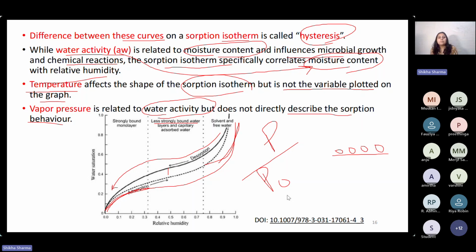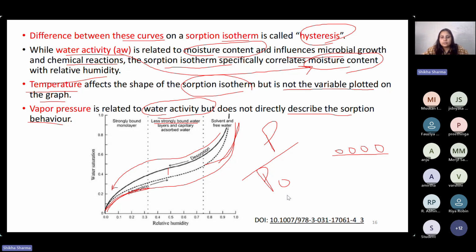Whereas the capillary adsorbed water, the second one, moderately bound water, is not that free, but it is not strongly bound also. But the strongly bound monolayer is very difficult to remove, because it is in close proximity with the